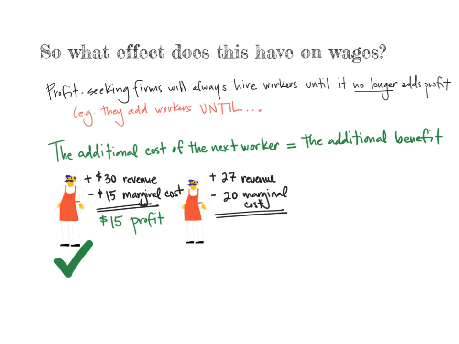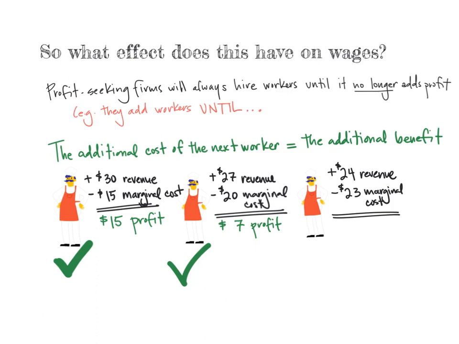So we know the pattern is that it's going to start declining over time, and the wage is going to start rising, right? Because this is a monopsony firm and they need to hire more, they need to increase wages, which pushes up marginal cost. So how much extra profit do we get? From this guy alone, $7. Is he worth it? Yes. He earns more for the firm than he costs the firm, adding $7 to their pile of profit.